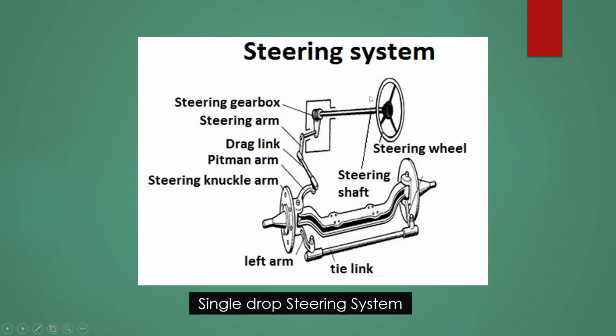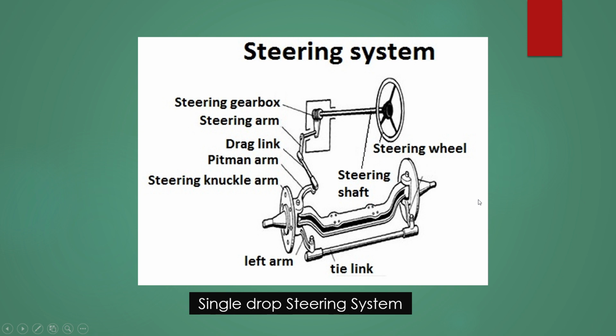And in this system we are giving the direction to only one side of the wheel. The other side of the wheel will not rotate when the one side is rotating, right? So the direction is transmitted to the other side of the wheel by a link which is called tie link or tie rod. So once the movement is given to the one side wheel, the direction on the other side wheel takes place with a linkage known as tie link or tie rod. So this is the single drop steering system, where on one side we are giving the direction, and the other side it is taken from this side.